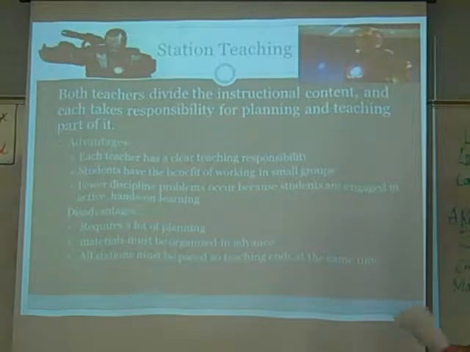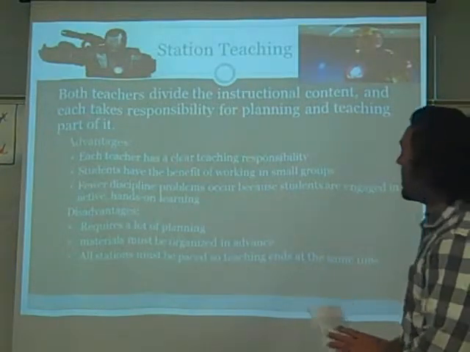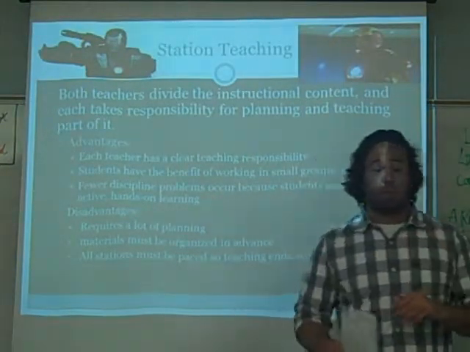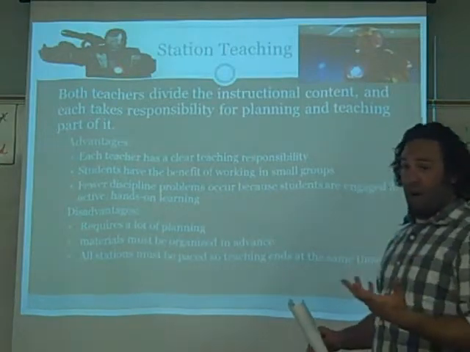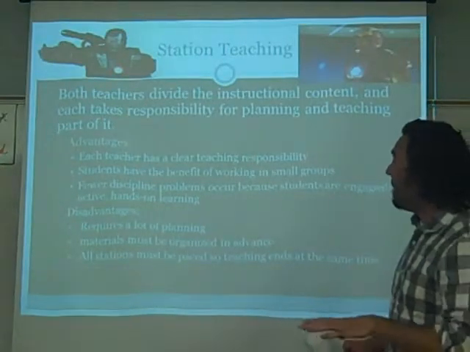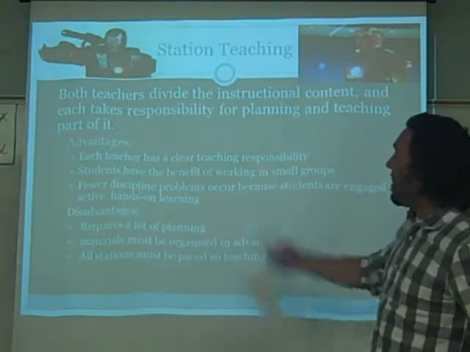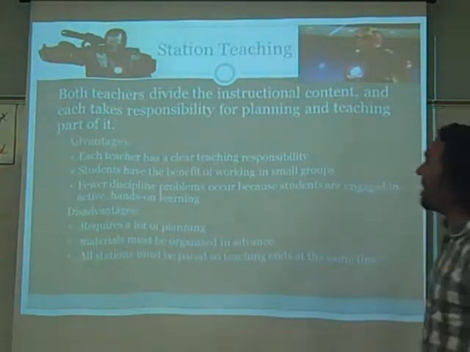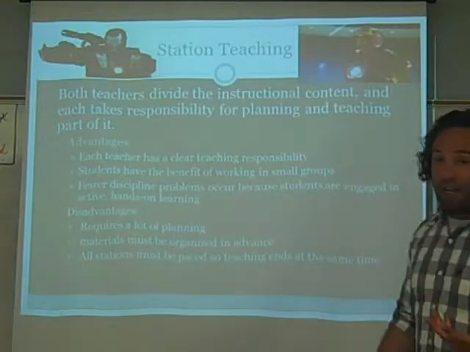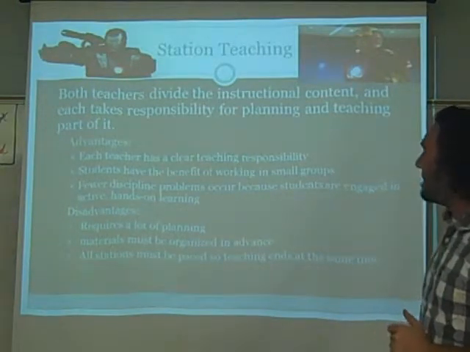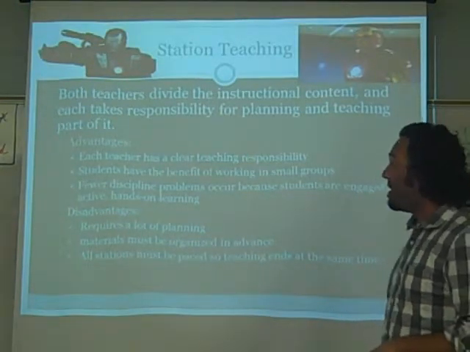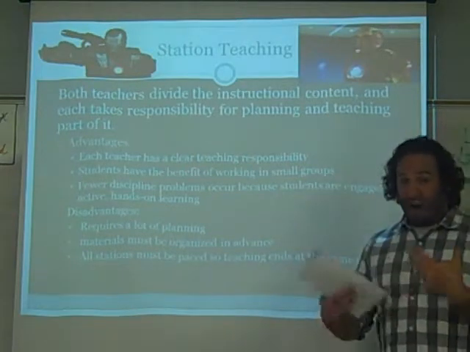Station teaching. This is something that students usually do well with, because they are able to move around and they're not just sitting down for 90 minutes. This is where both teachers divide the instructional content. Each one may take responsibility for planning and teaching a certain part of it. So if I have a co-teacher